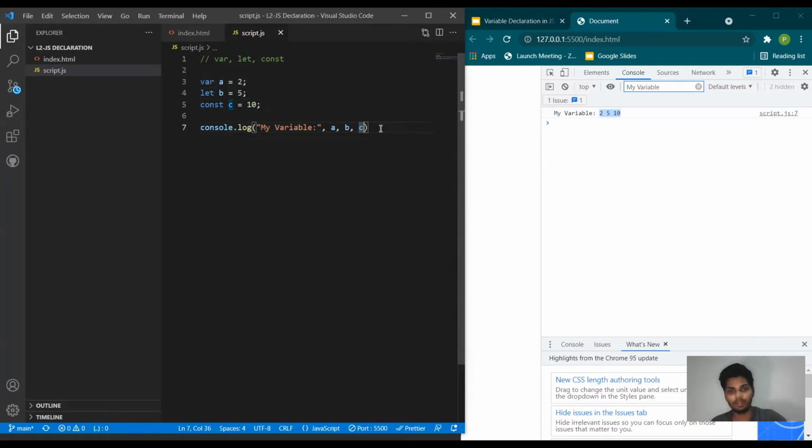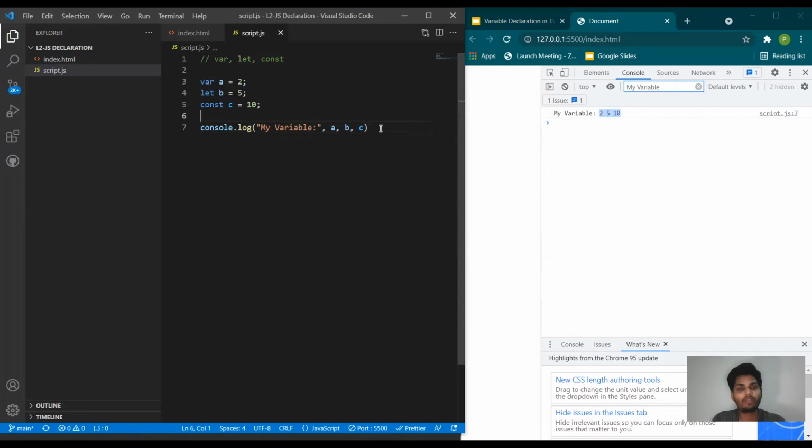Now that is one thing. Now we will see why we need three different types of declaration, when all of them are doing the same thing. Before coming to that, you need to know that JavaScript is a dynamically typed language. It is not statically typed. What I mean by that is you can change a variable.